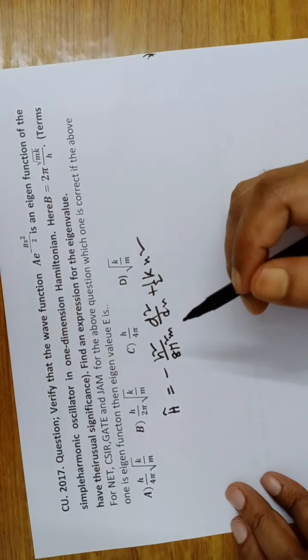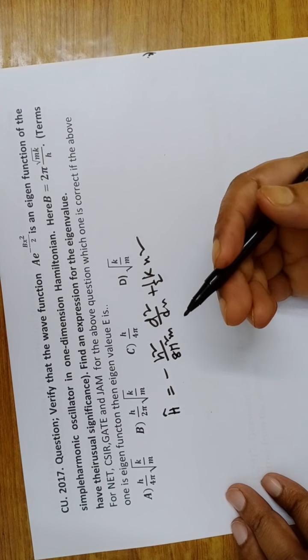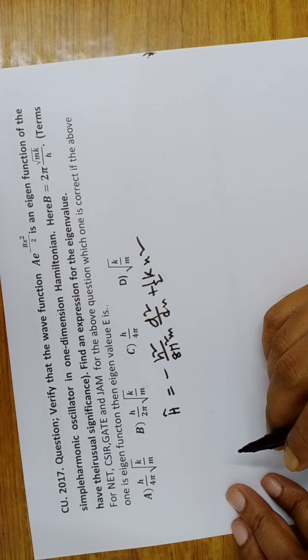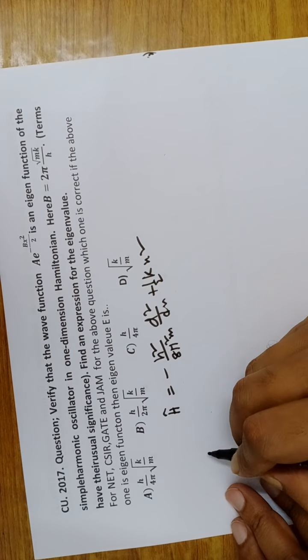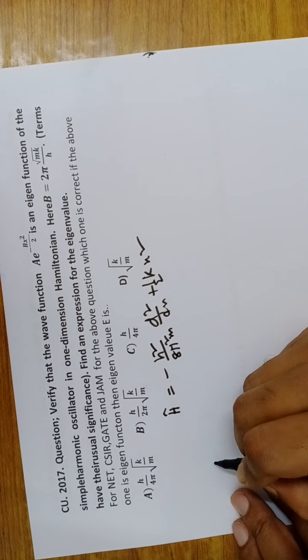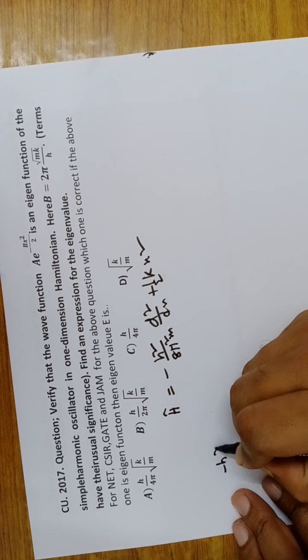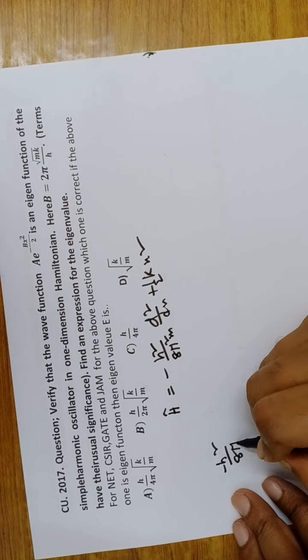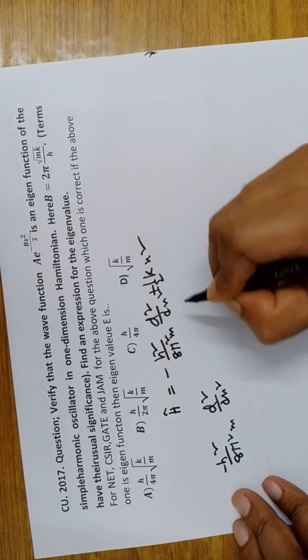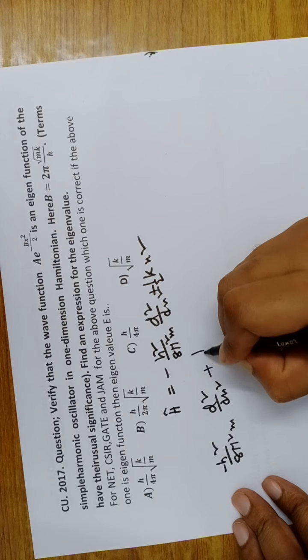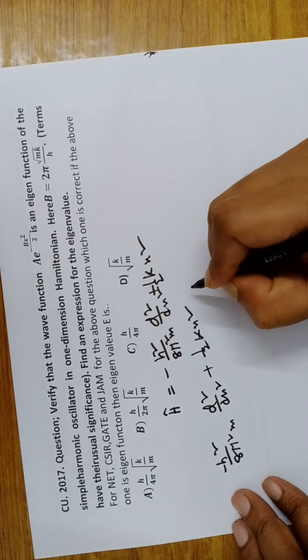This function is an eigenfunction of the one-dimensional simple harmonic oscillator Hamiltonian. Then we just put in this way: minus h square by 8 pi square m d2 by dx2 plus half k x square